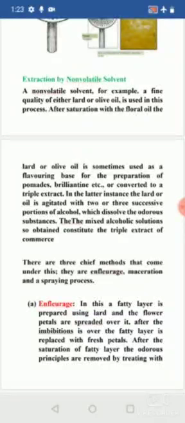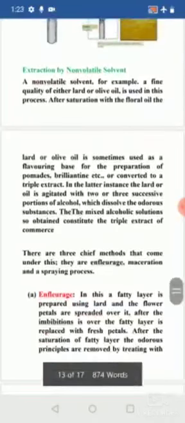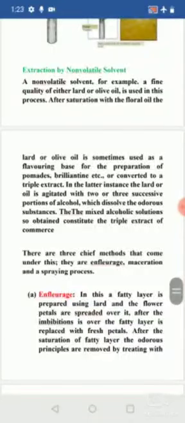You can go with either of the two. Either you can prepare the fatty base, that is the odorous base in the preparation of the soaps, the pomades and the brilliantine and all, or you can go with the collection of the volatile oil. When coming to the collection, the lard is extracted with alcohol, so that alcohol is going to dissolve the volatile oil, and the extract is known as the triple extract, and you are going to collect the volatile oil from that.